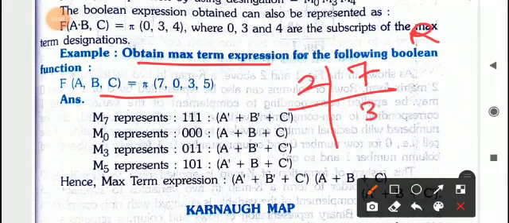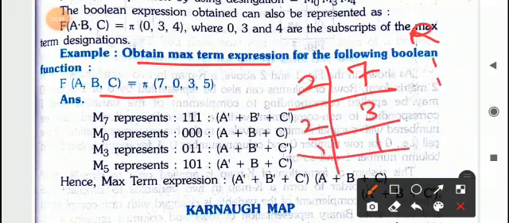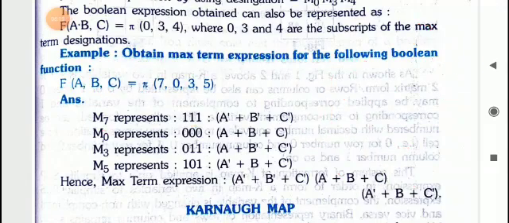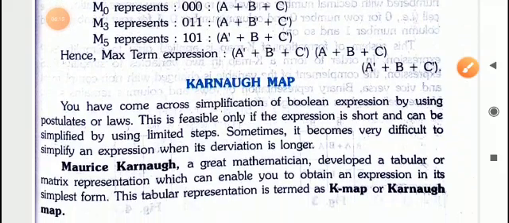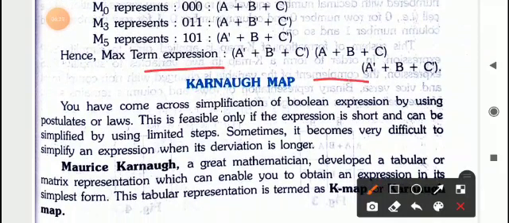So 2 3s are 6, remainder is 1; 2 1s are 2, remainder is 1 again; and 2 zeros are 0, remainder is 1. So the equivalent binary of M7 is 111. Now what was it? When you find the 1, you have to complement the variable. That is A complement plus B complement plus C complement. Okay, in this way you can find the max term expression.